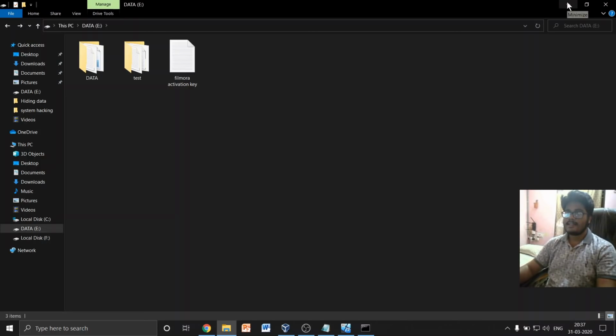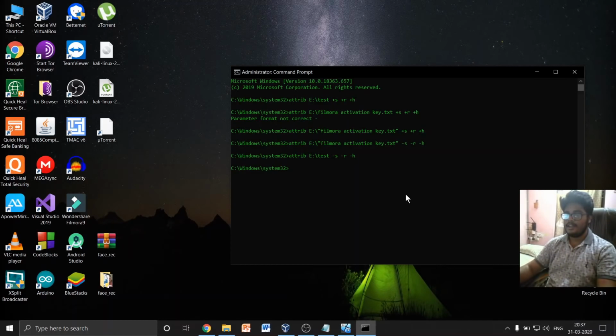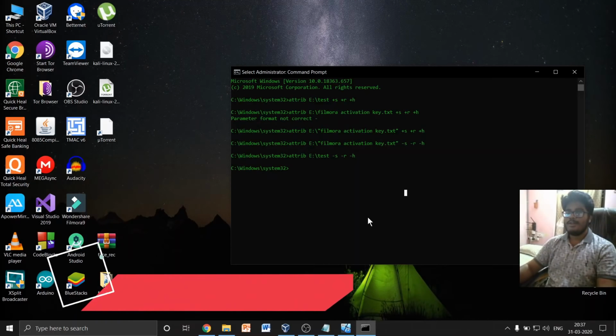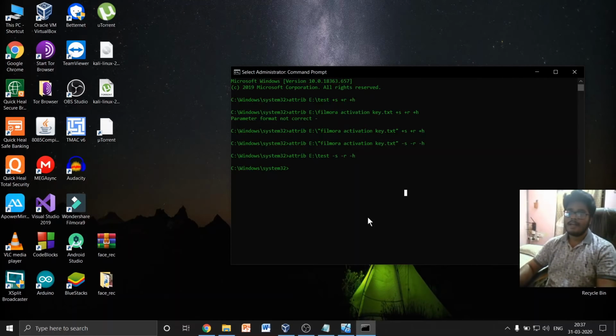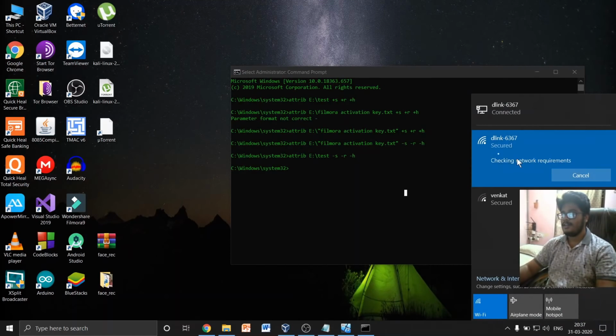Okay, moving on to the last and final fifth trick. You went to your friend's home and he is not giving you the Wi-Fi password, but he always says to you, use my PC to access the internet. In those cases, I get really annoyed. So I want to use his computer and get the Wi-Fi password. Obviously his system has been connected to a Wi-Fi network, like my system here. You can see, check here.